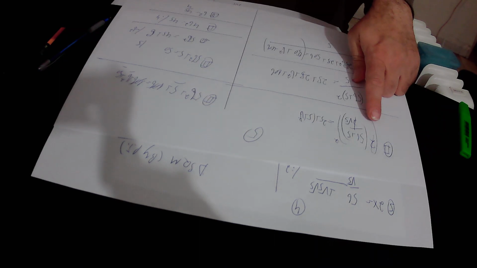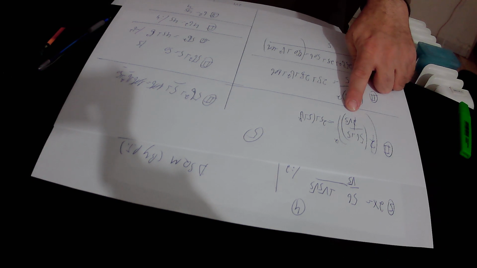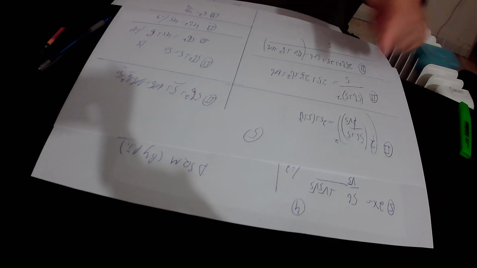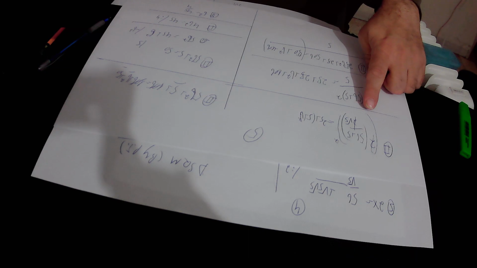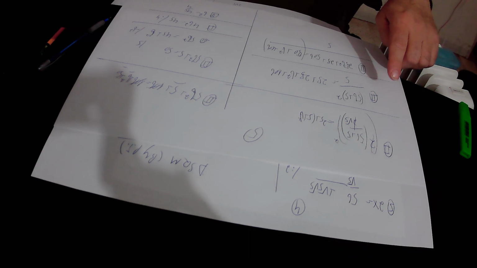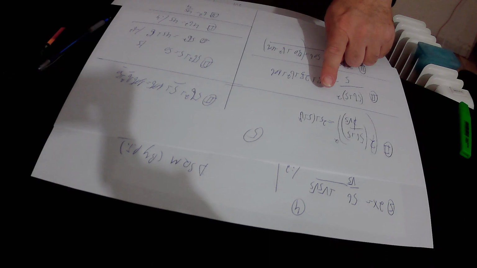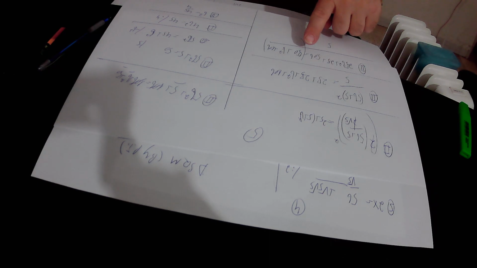So 2 times x, and x is (5b plus 5) over 2 times square root of 5 squared, is equal to 25 plus (5 plus b) squared according to equation number 2. We have 2 in the numerator and 2 in the denominator, so the 2 will get cancelled, and we are left with only (5b plus 5) squared over square root of 5 squared, that is 5. Here we have 25 plus (5 plus b) squared, that is 5 squared, that is 25, plus b squared plus 2 times